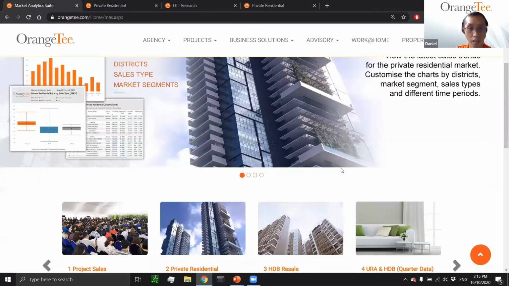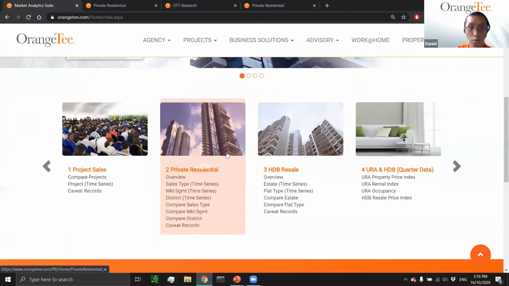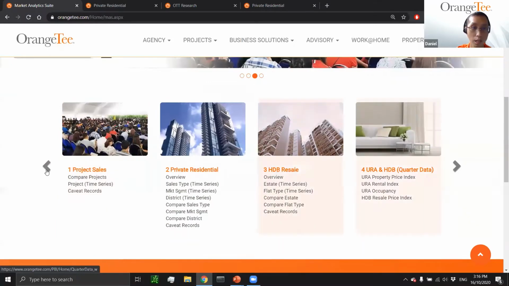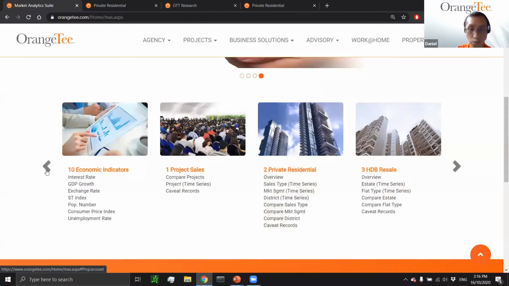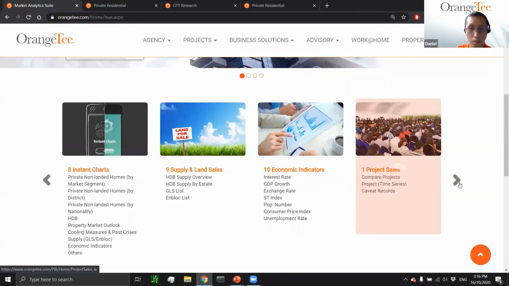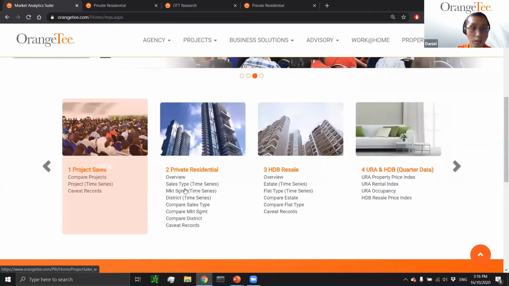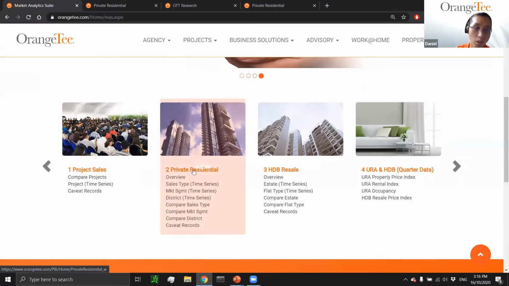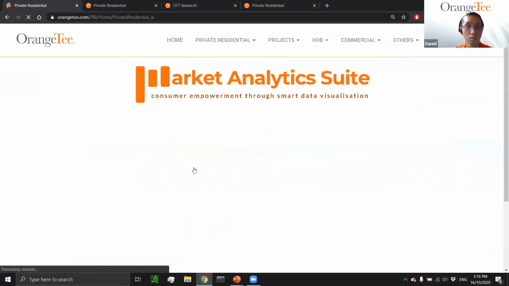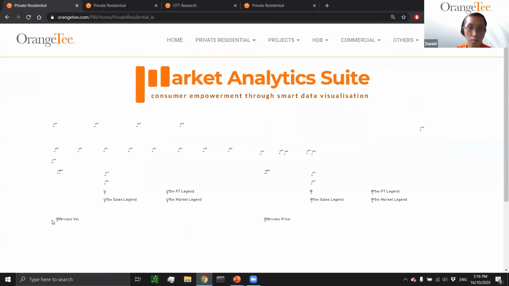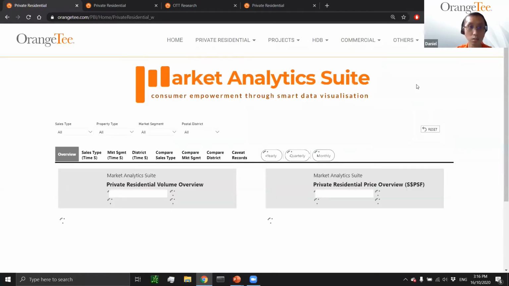On our landing page, scroll down slightly and you can see our 10 modules here. We have our left button to scroll through, and our right button to scroll through. In this example, I'll go through the private residential module. Upon clicking this, as per the presentation, you'll see